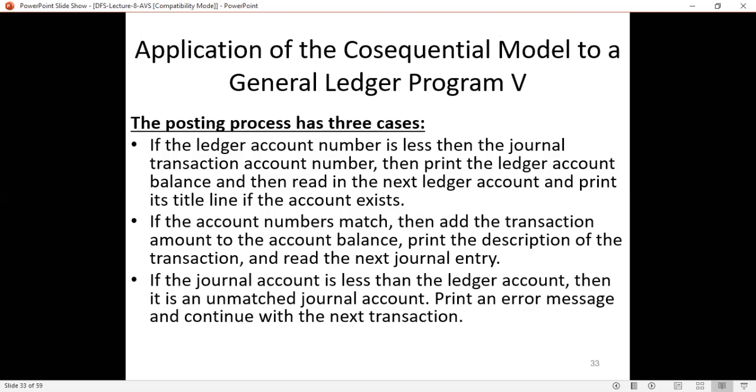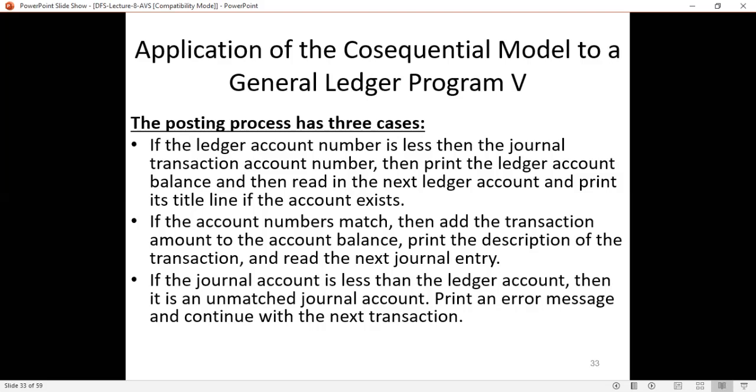The posting process has three cases. This is nothing but the synchronization part, the conditions we are checking. We have checked for three conditions.